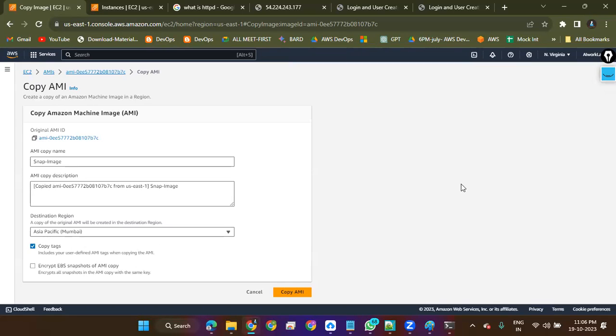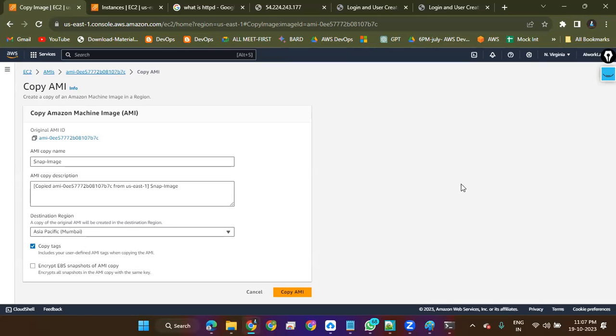Is it the same case with snapshots? Can we do it or not? I think it is not region specific. Yes, we can move it by the copy action. When I say moving, it means the thing which is in one place, you're shifting to another place.